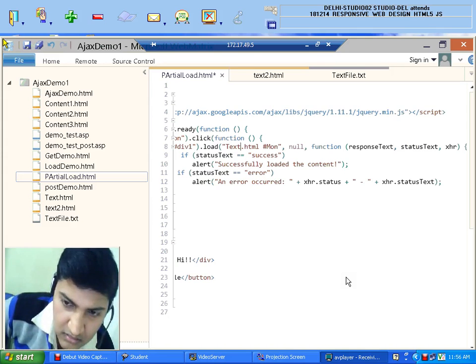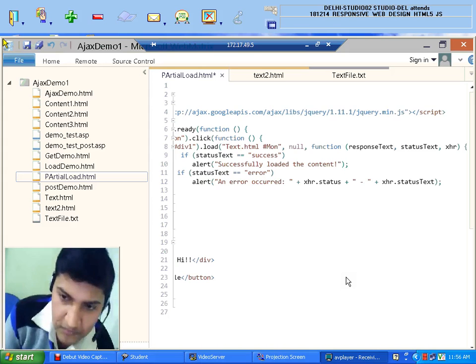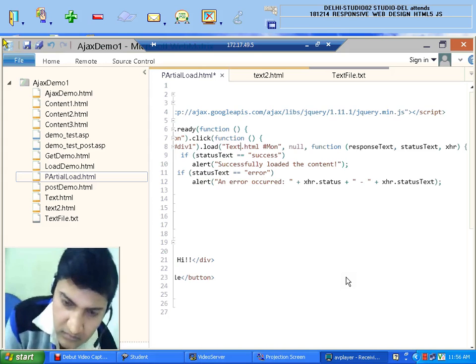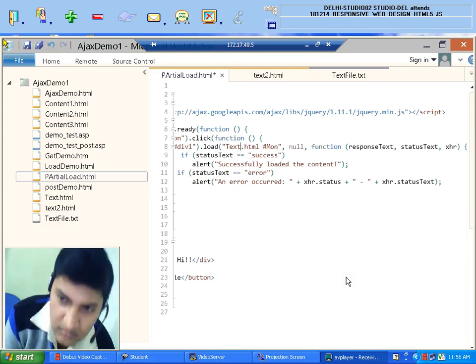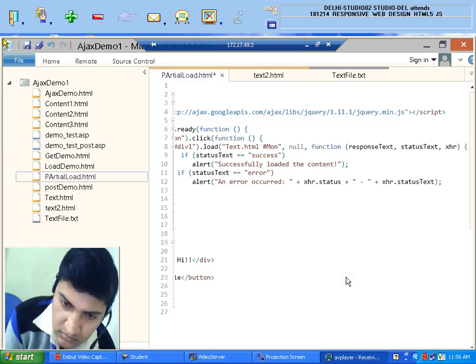I just use this method for my feasibility, so that I can make sure whether the process which I want to do is done or not. If there is an error, then what is the error? This function will run after the action which I perform using a load method. Fine.